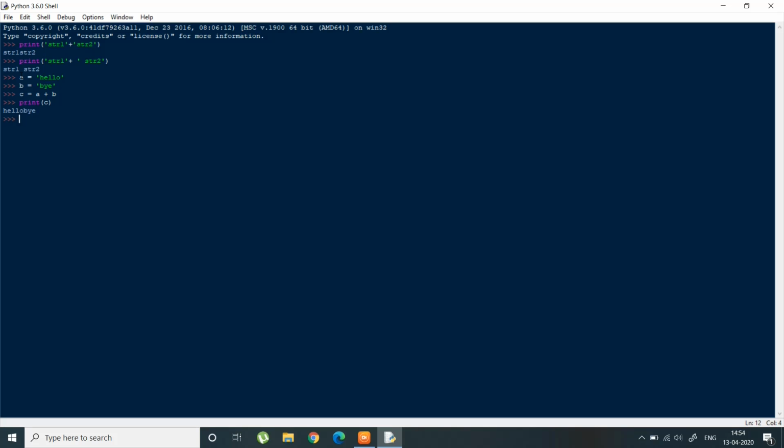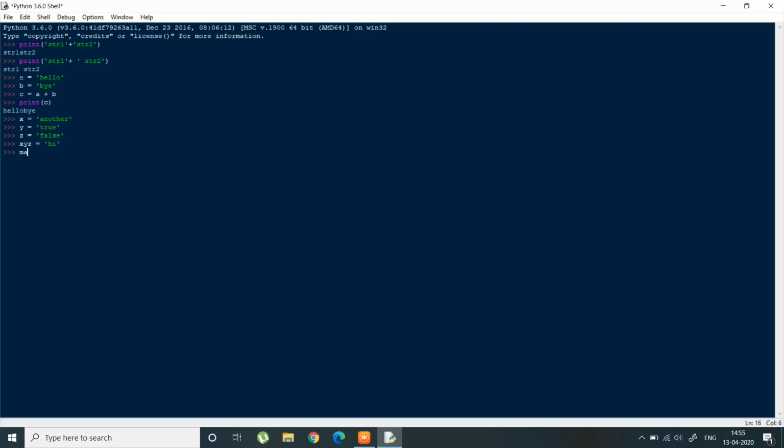And if there are more than two strings, you can do the same. Let's say x equals anything, another, and then y equals true, and then z equals, let's say, false. And let's take another string, let's say xyz equals, let's say, hi. Now you are defining another variable that is the sum of all these strings.